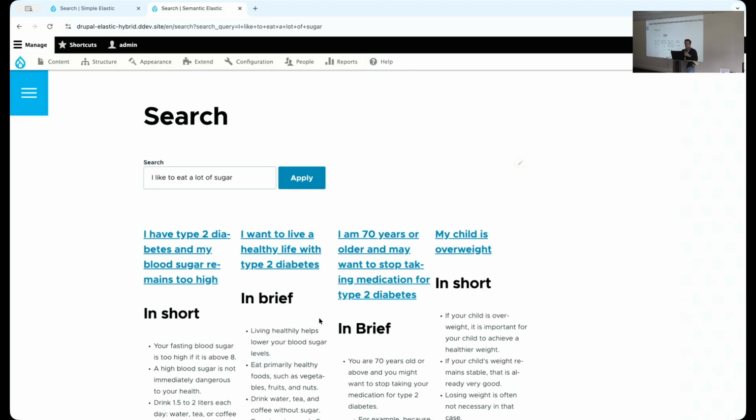Okay, now I get different results. I also get "my child is overweight" because right now basically it combines, and also the diabetes content that we also got before, because right now we want to get a combination of both of these good worlds of keyword search and semantic search.